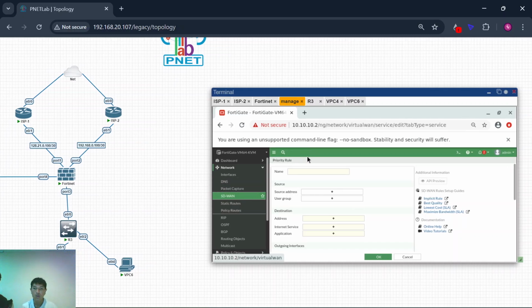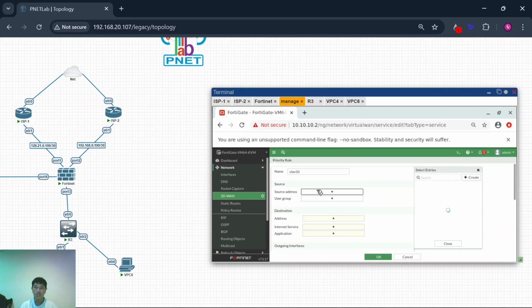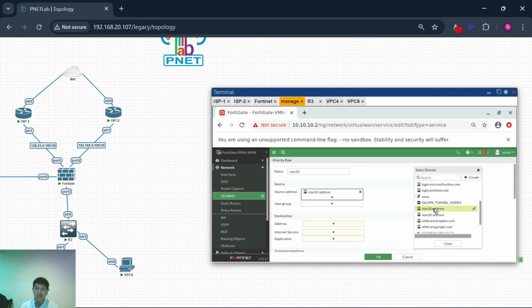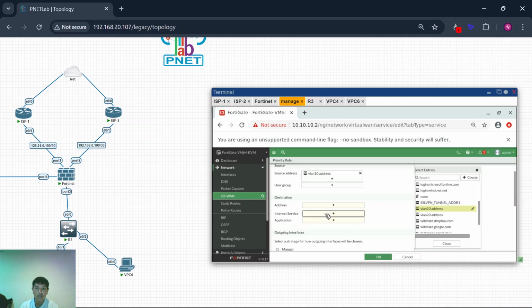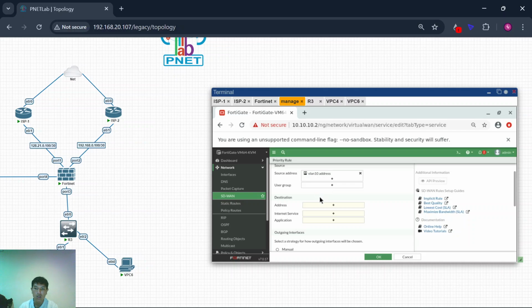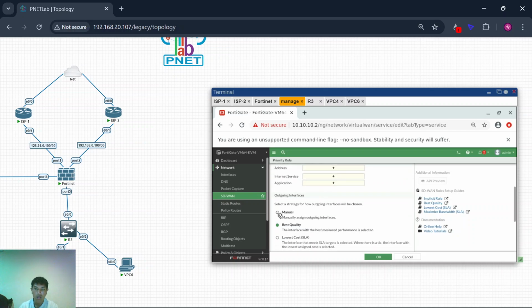You can configure an SD-WAN rule. The name is VLAN 10, source address VLAN 10 address, destination all, service all.